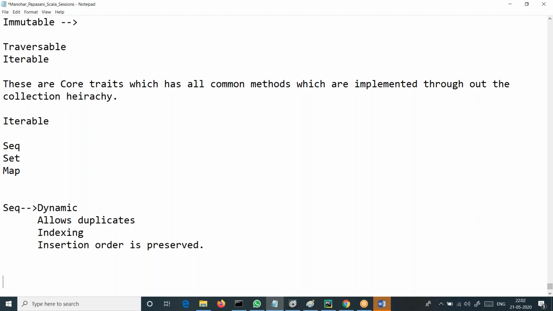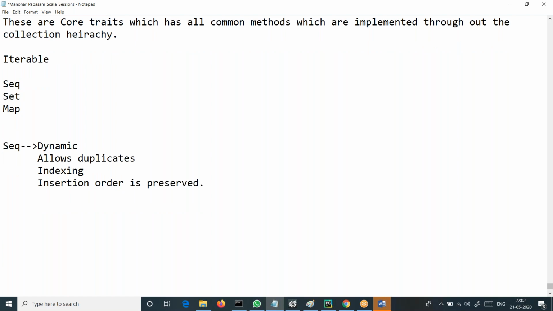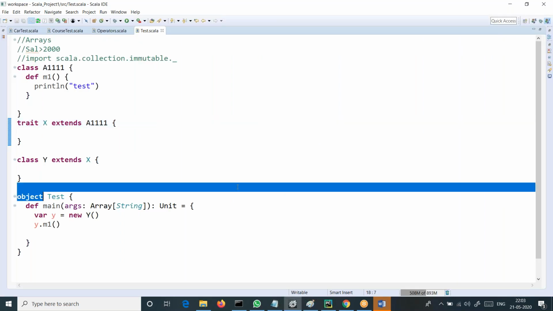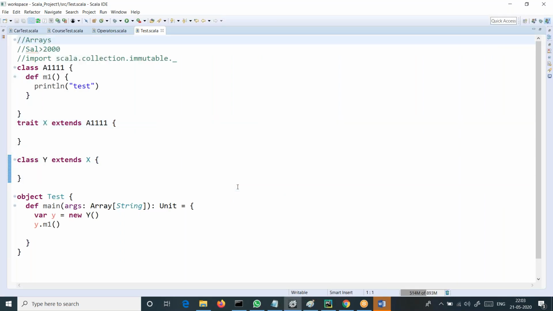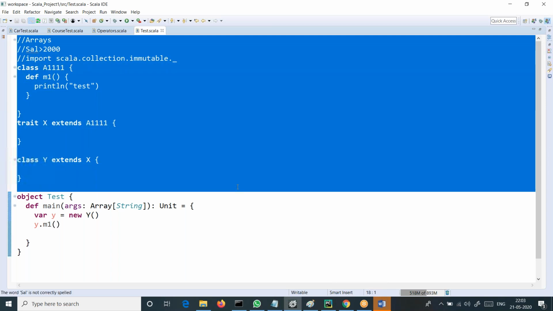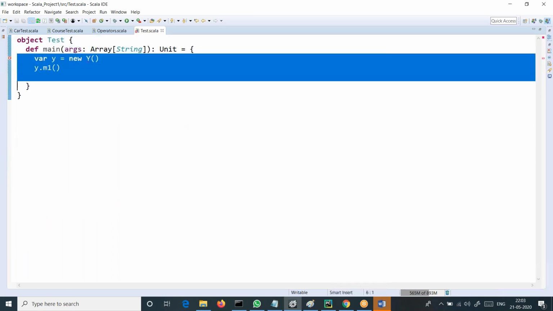Now we will quickly check whether we are discussing these features in the right way or not. Is this true or not? Whether it is dynamic, whether it allows duplicates or not, whether it is indexed or not, whether insertion order is preserved or not. We don't need to do anything, sir. Simple. Remove all this stuff. The easiest way to test it is